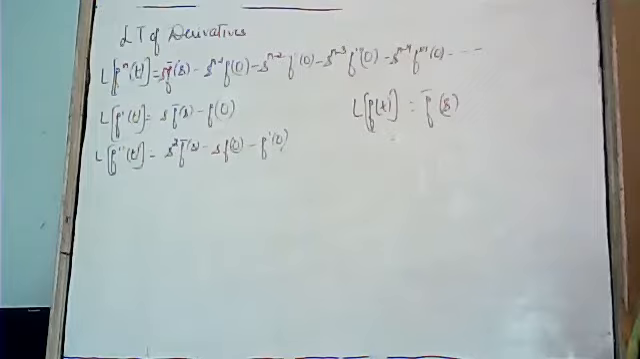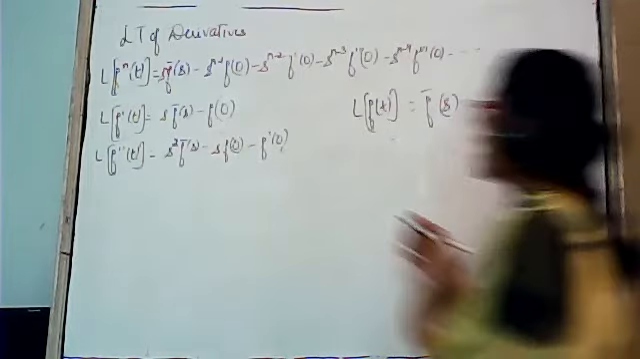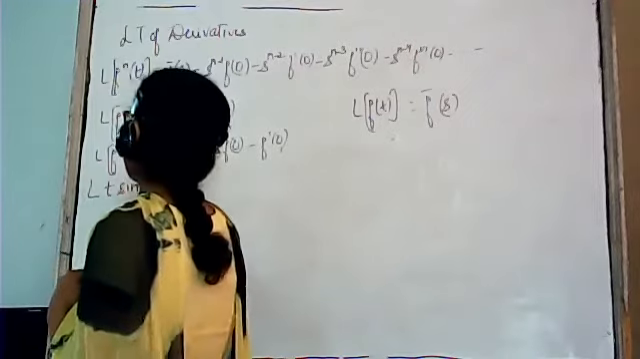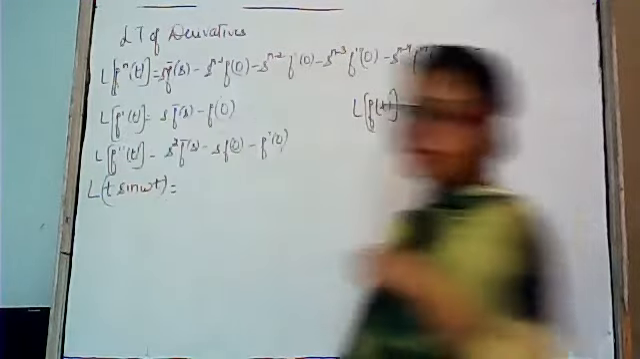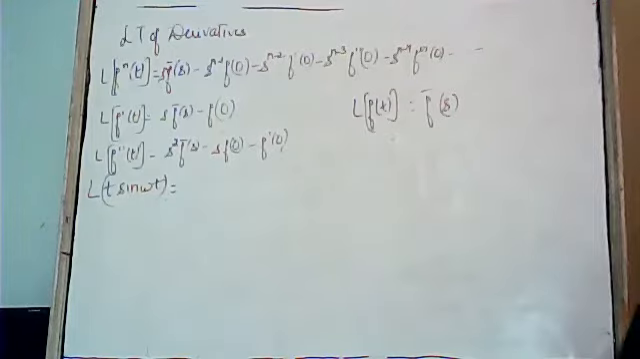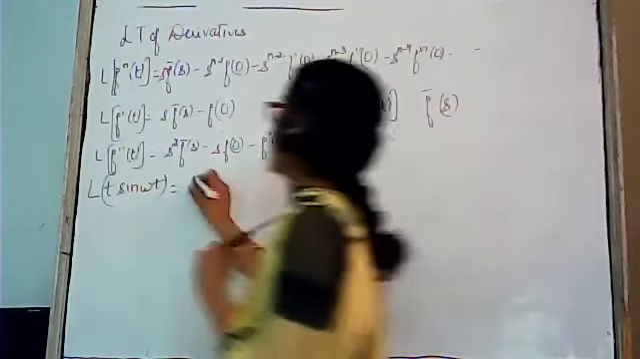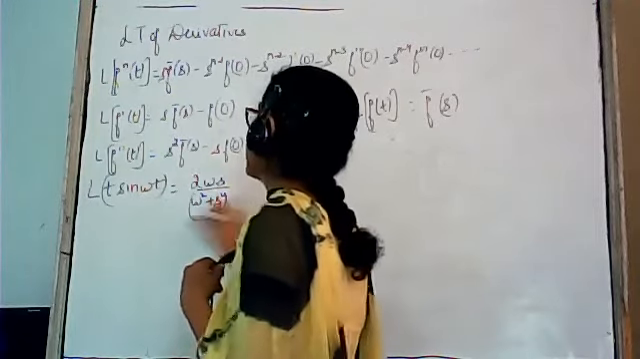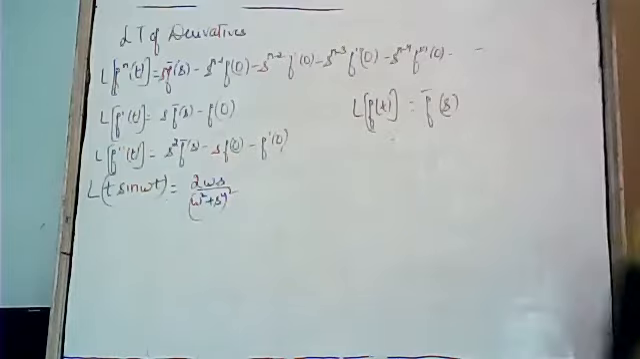If Laplace transformation of t sin omega t equals 2 omega s upon omega square plus s square the whole square, if we have Laplace of t sin omega t equals 2 omega s upon s square plus omega square the whole square, then evaluate